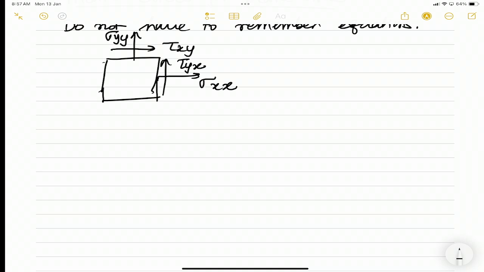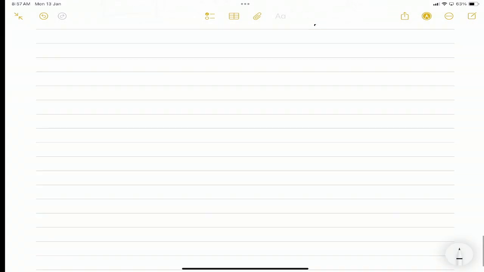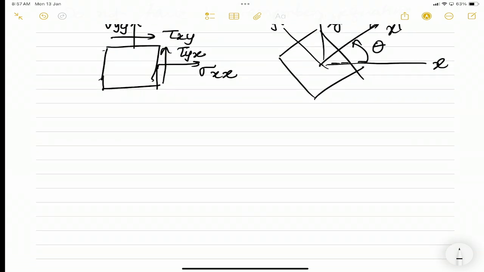So now here, given this, if we rotate this element by theta and call the new axes x prime, y prime, we want to find out what are sigma x prime, sigma y prime, given theta. And one way is, of course, we can use the formula. Now, what is the Mohr circle method? So here what we do is,